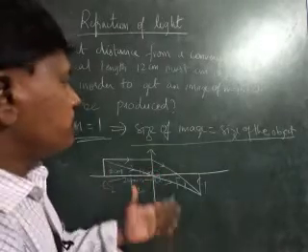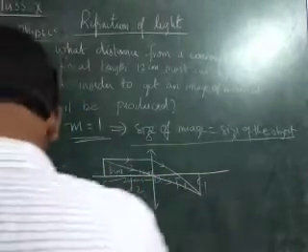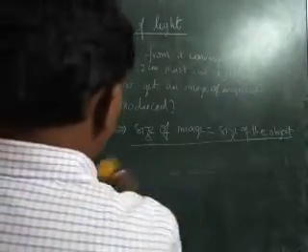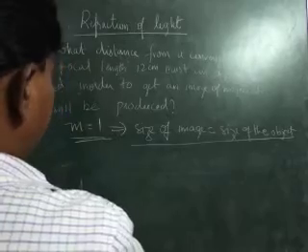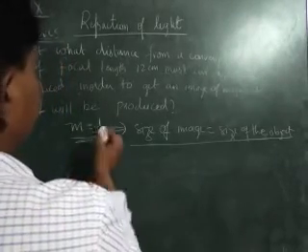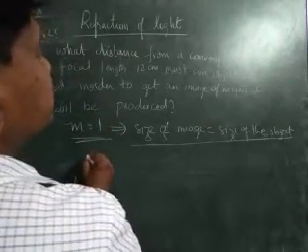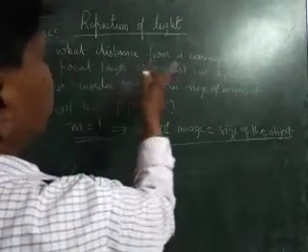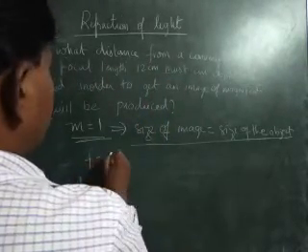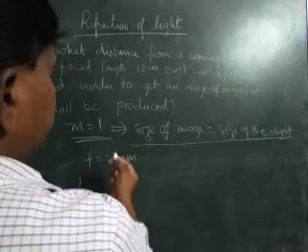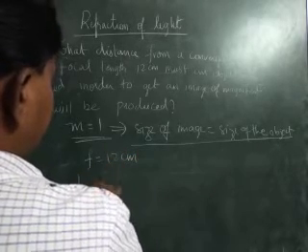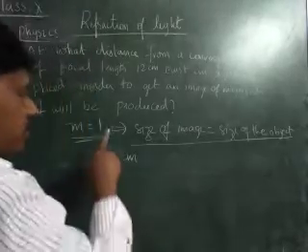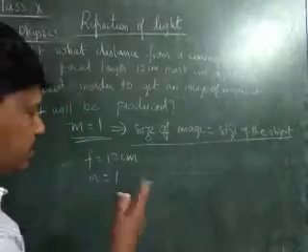Or we can do by using the formula also. How can we do by using the formula, children? Let us see. Here what is given? Focal length is given. Focal length is equal to 12 centimeter. We don't know the object distance, but here magnification is given as 1. M is equal to 1. Image distance we don't know. Object distance also we don't know.